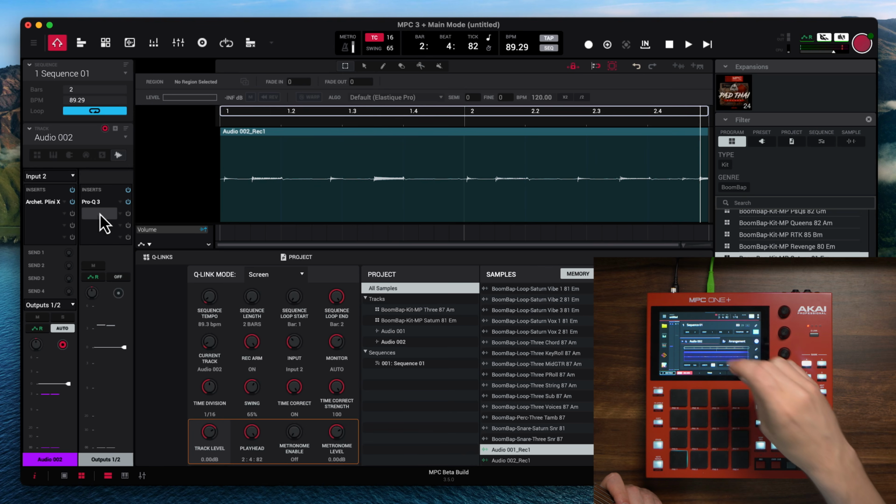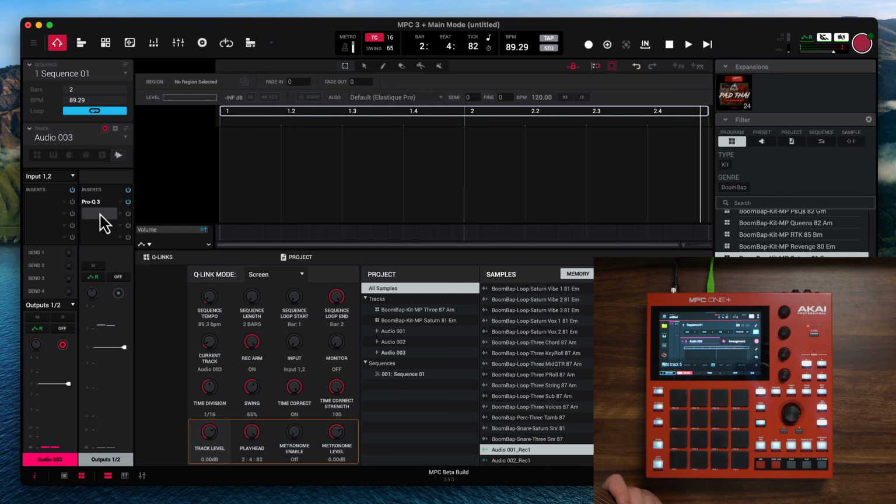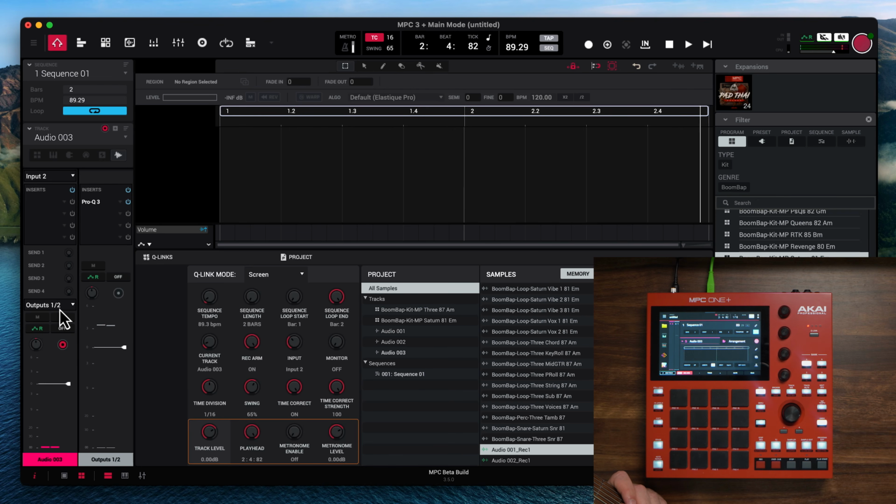That's a big advantage. I could also fully master it in here, but I probably will still do that in Pro Tools. But you know, I could if I wanted to with all these plugins now, which is pretty cool. Let's see, I do want to do a little solo here. So let's add another audio track. Input to, I should probably just duplicate these tracks. That'd probably be faster. Auto, and then